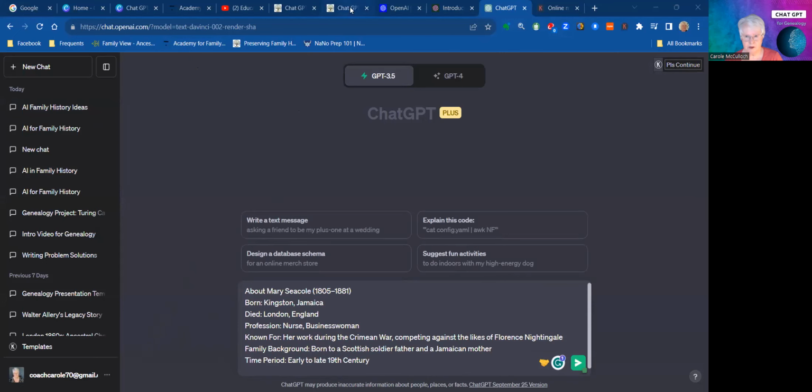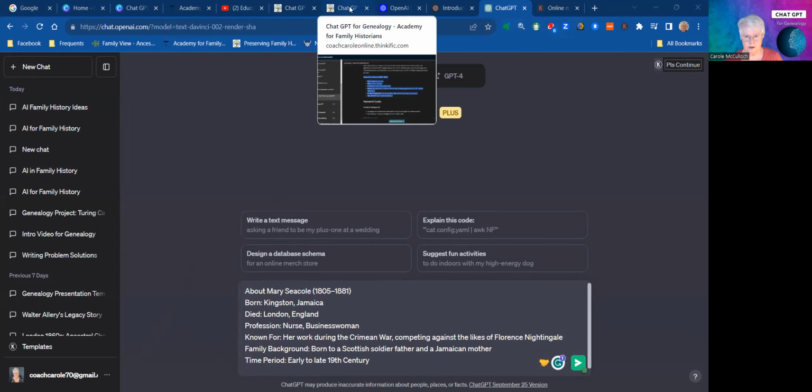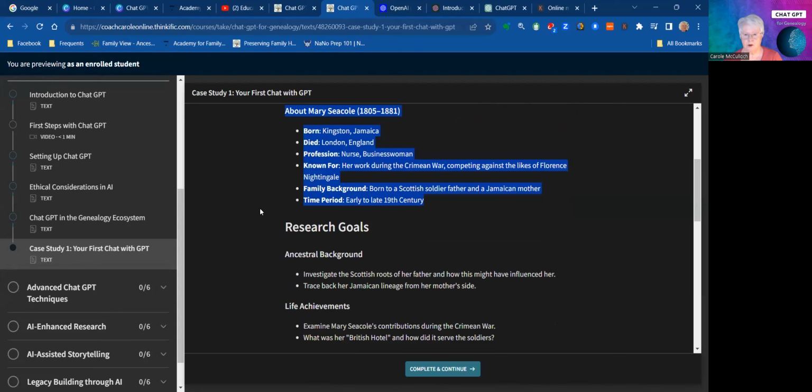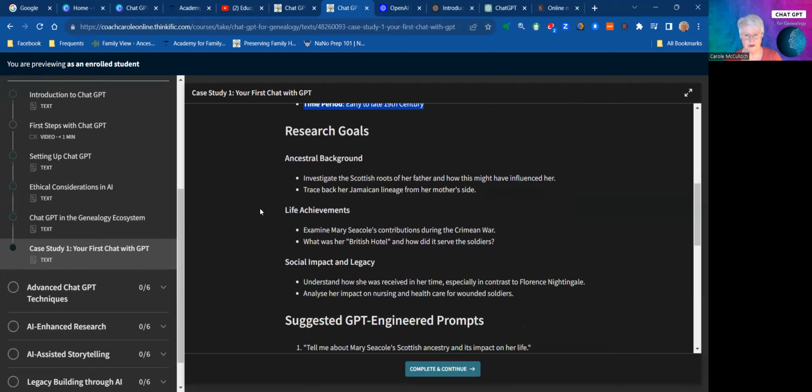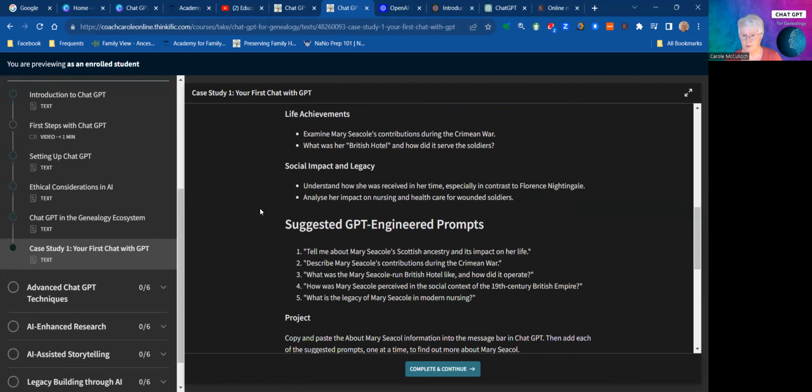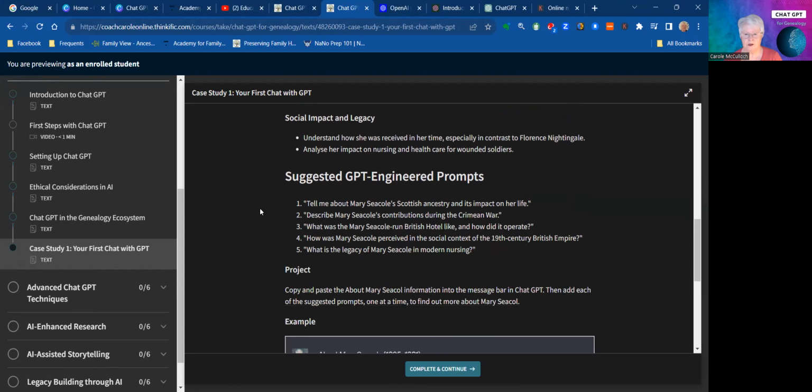All right, coming back to the exercise itself. Beneath those facts, you'll see there are some research goals. We want to investigate her Scottish roots of her father and how they may have influenced her, her life achievements, social impact and legacy. So there are a series of GPT engineered prompts there for you. So your task is to use each one of those one by one to find out more about her. So let's just take number one,